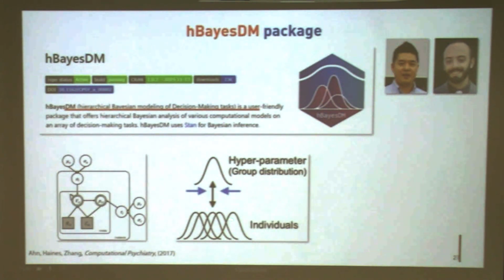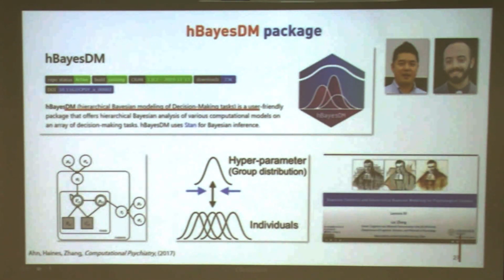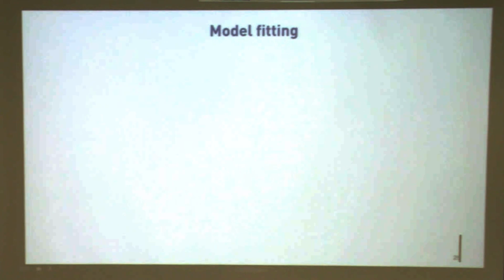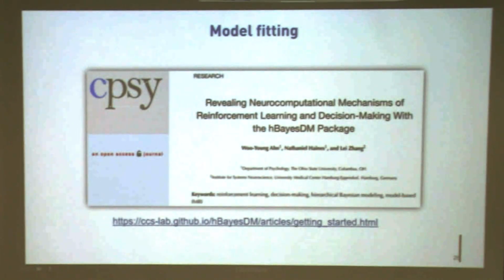The usual approach doesn't really consider their commonalities among the individuals, but the hierarchical approach considers that there is a higher level group distribution, the assumed underlying group population where the individuals are coming from. So this is the hierarchical approach. So all of the learning models are implemented in a hierarchical structure. And also, like in the introduction, I had my teaching materials online on YouTube. If you're interested in this, feel free to check that out. So also the paper, if you are interested in.